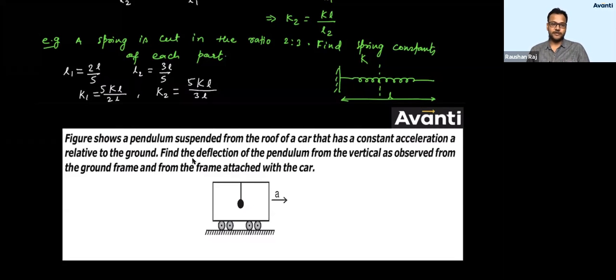They will ask you that a spring is cut into two equal parts, or two parts having some ratio x:y. Then they have been joined in series. What is the equivalent spring constant? So this kind of question will be asked. You know how to find this K1, K2. Once you find K1, K2, you know the formula for series combination and parallel combination. So that will become very easy for you.